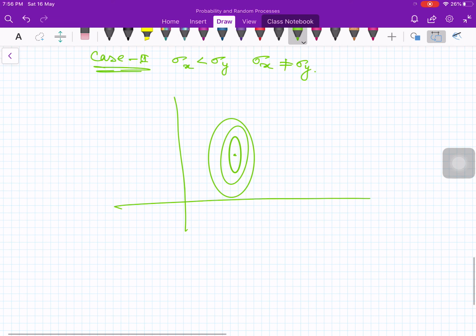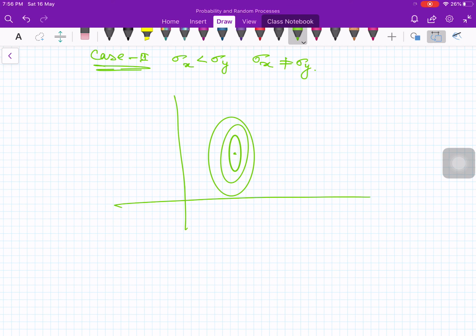Okay. So now case 3, the same argument we can argue here also. In this one, sigma y is greater than sigma x. So the range of y is larger here, and here the range of x is smaller. Okay, and this point has the same property as this point. So a larger value has the same property as the smaller value. So these are the points to be noted from this diagram.